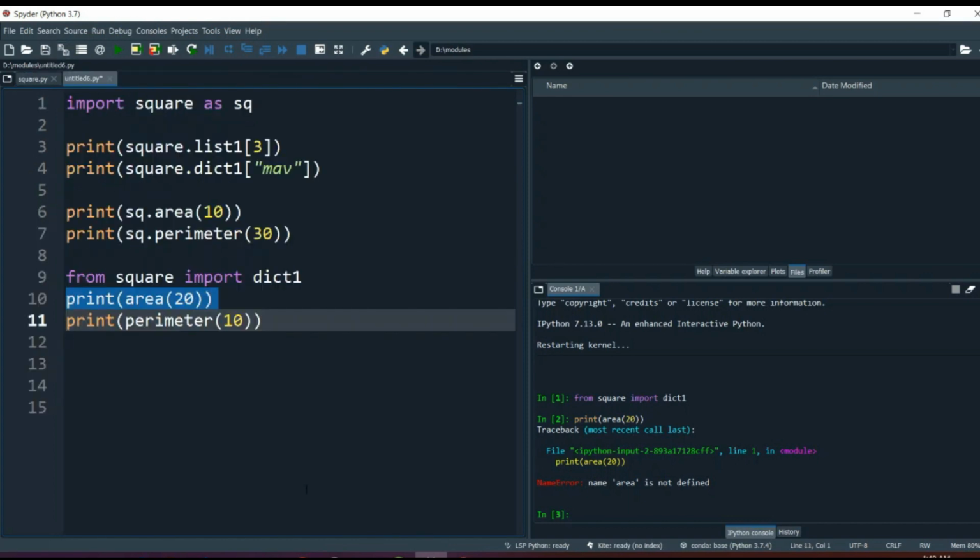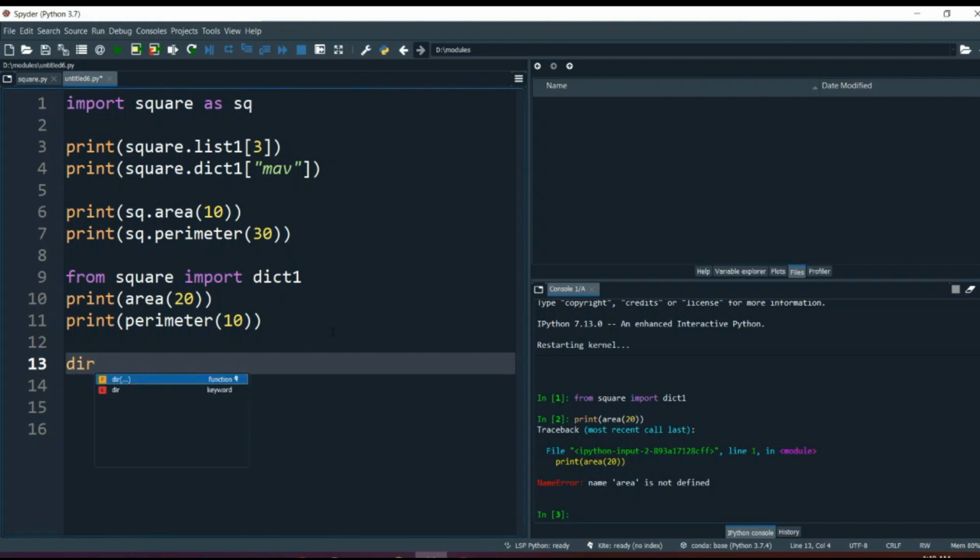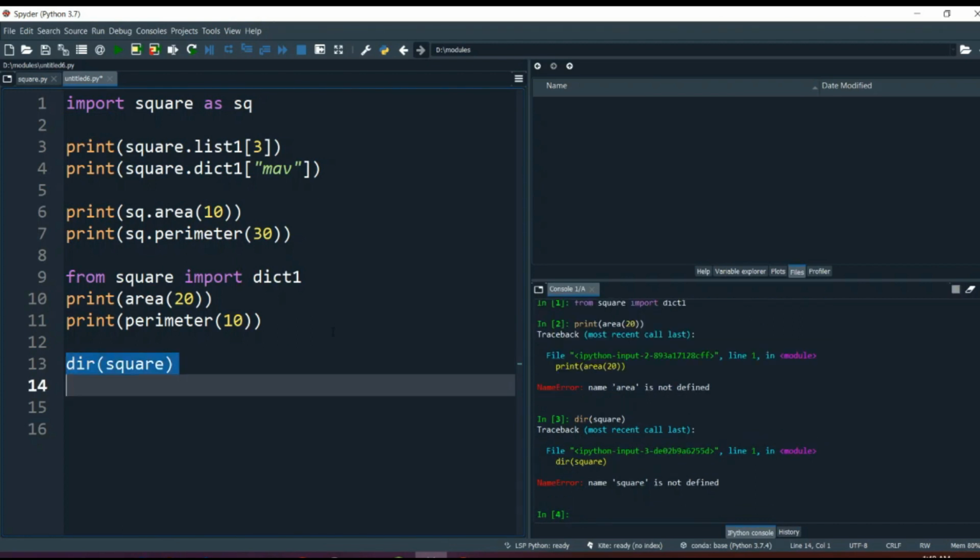So now there is one basic command, that is print, dir, and your module name. Now this dir command tells you all the methods and functions and variables and everything inside that program that can be called. So if I run it,